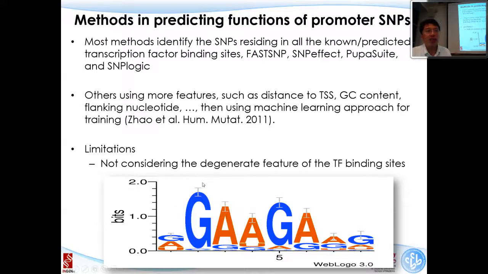So different letters carry different information in this TF binding. And we will have a very thorough review of this topic in the ChIP-seq session, because that is what the ChIP-seq